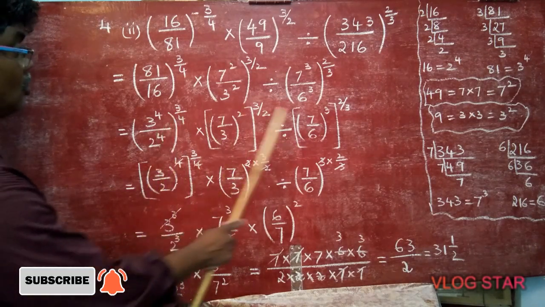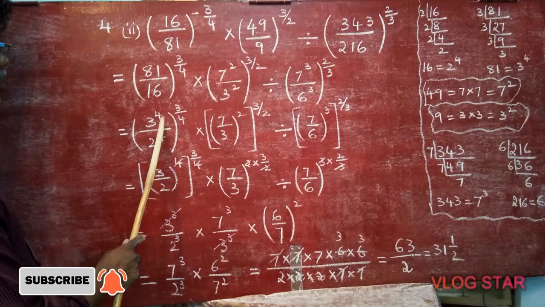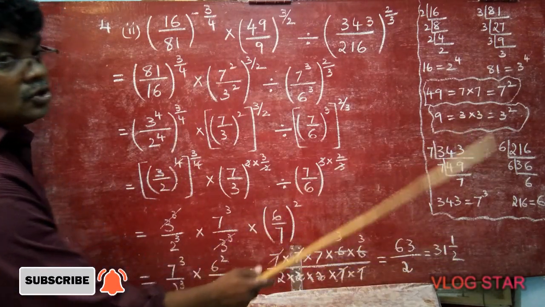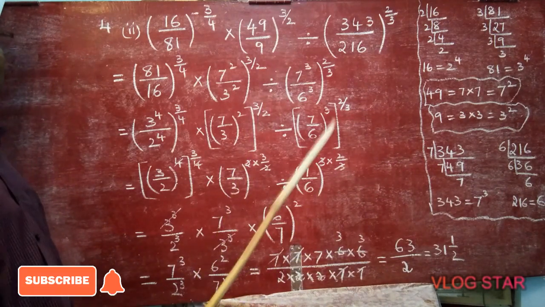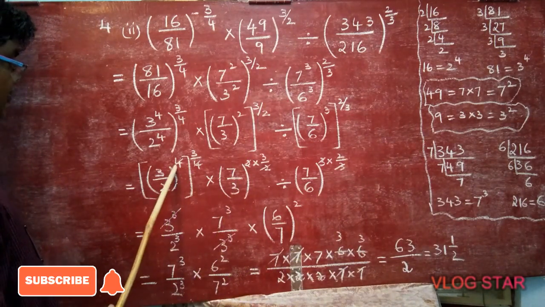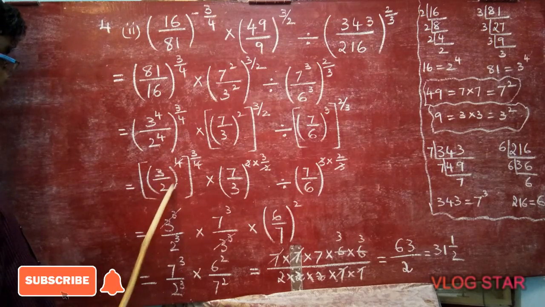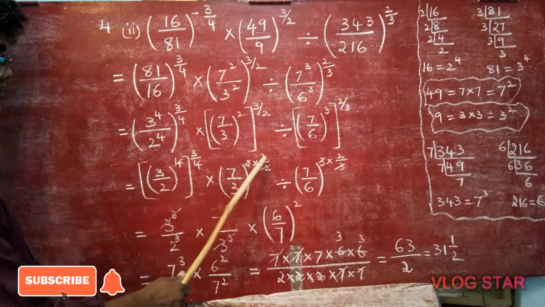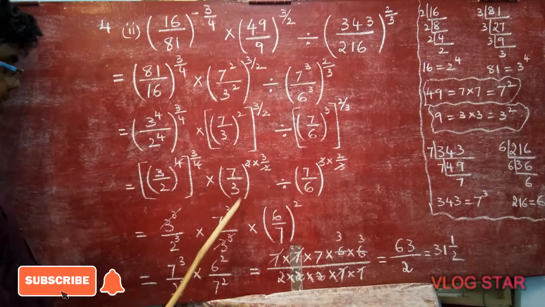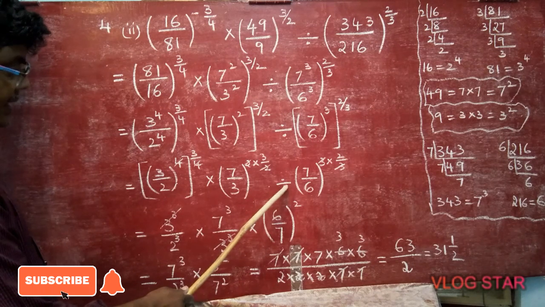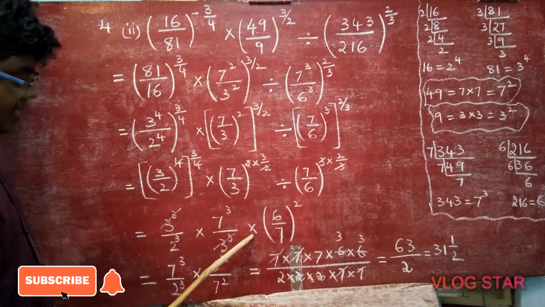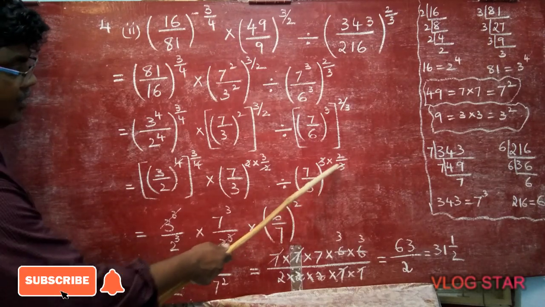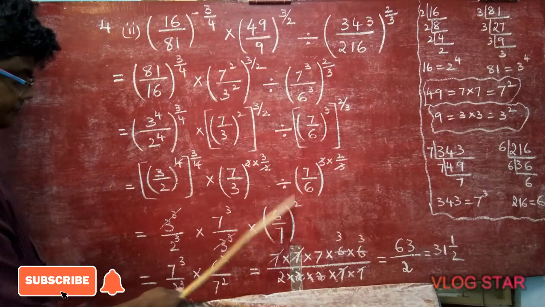Now this whole equation is in the form of a power m whole power n is equal to a power mn. Here place is not sufficient, so you must write those formulas. Now 4 goes in 4 one time. 3 by 2 whole cube means 3 cube by 2 cube. 2 goes into 1 time. So 7 by 3 whole cube means 7 cube by 3 cube. Division changing into multiplication. So 7 by 6 becomes 6 by 7. 3 goes in 3 one time, square, so whole square.